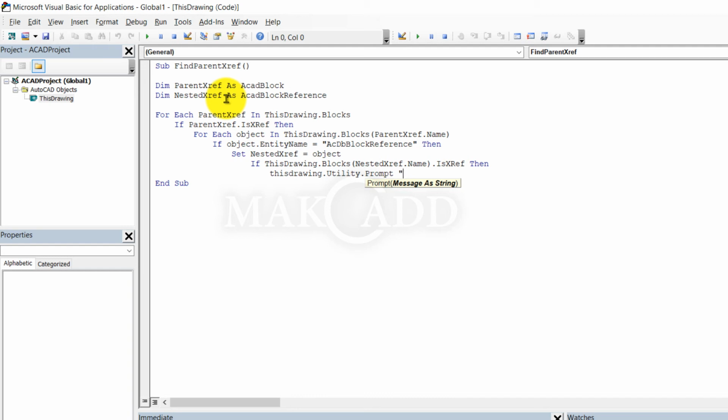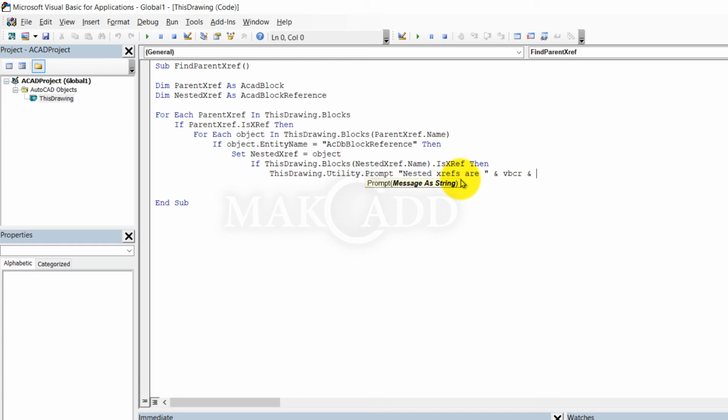Here first we use a caption in quotation marks, that is, "Nested XREFs are". So this text will show in the command prompt as it is. Then an ampersand sign, then vbCr. This vbCr is a Visual Basic carriage return.